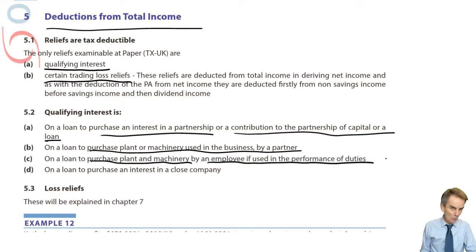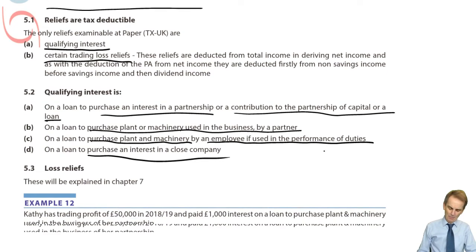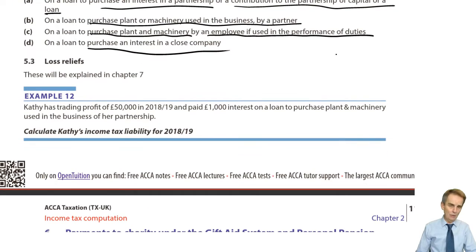Or a term that you won't have to worry about, a loan to purchase an interest in a close company. Again, close companies are not within our syllabus. They await you at advanced taxation, at the professional stage. So that's around the corner for you if you choose to go on and do advanced taxation. Again, all you've got to do is recognise it as a term. In terms of reality, what are close companies? Basically, any owner-managed company is a close company. But there's a more precise definition that you'll learn later on in advanced taxation, should you choose to go down that particular option route.